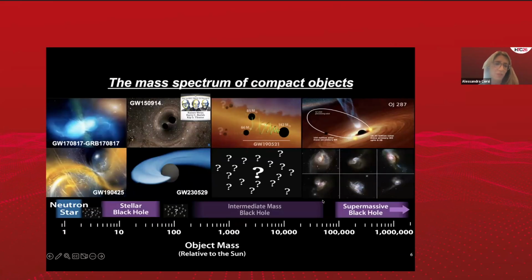Okay, so I mentioned that I'm mostly going to be focusing on the stellar mass, let me call it, neutron stars and black holes. If you look at a scale here from lower to higher masses of these exotic objects in the universe, neutron stars down here, and then all the way up to the most massive black holes in the centers of galaxies, my talk is really focusing on this very lower part, where, again, ground-based gravitational wave detectors are able to provide us triggers. So just to be fair, I'm leaving out a huge chunk of the science. And so I'm calling multi-messenger here something very specific.